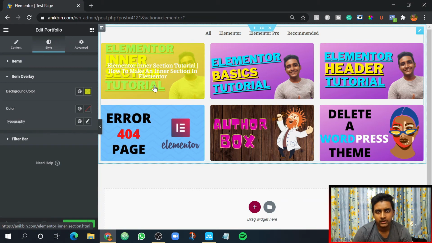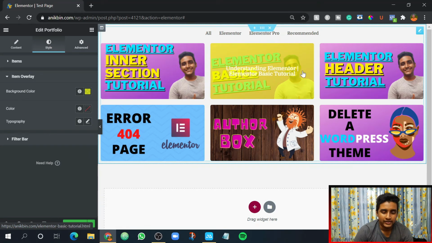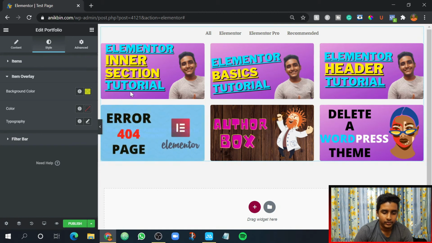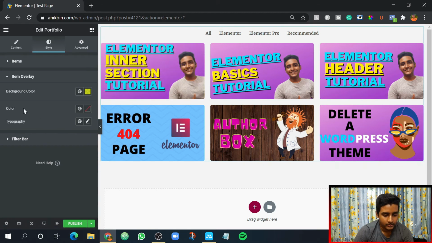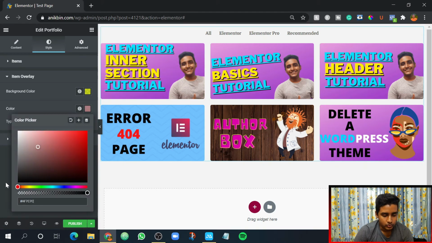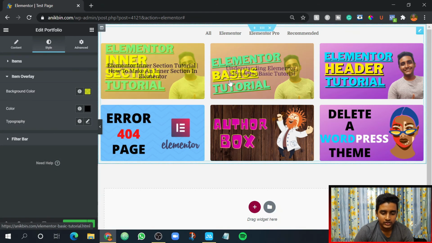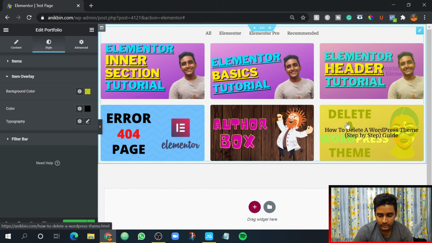All right, so now I love the color yellow, so I've done that, but you can choose any other color and reduce the transparency a bit so that your featured image is visible, and in this way people can see, and it makes it look a bit attractive. But as you can see, the text is not visible because it's white in color. Now we're gonna change the text color. Okay, so from color you go and choose black, because black is visible on quite all colors. Now if I go, as you can see, my text is also visible.